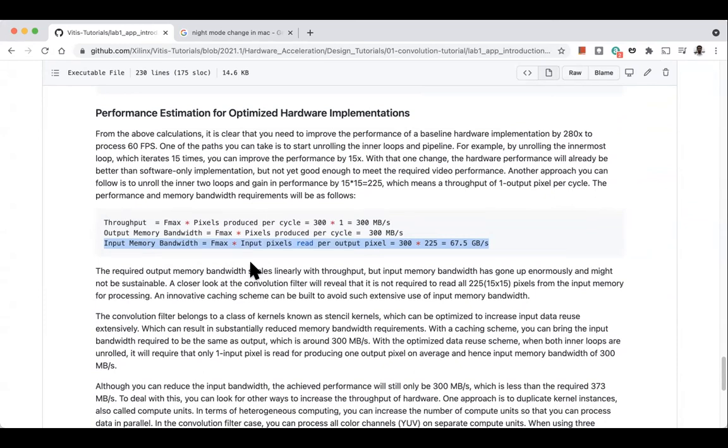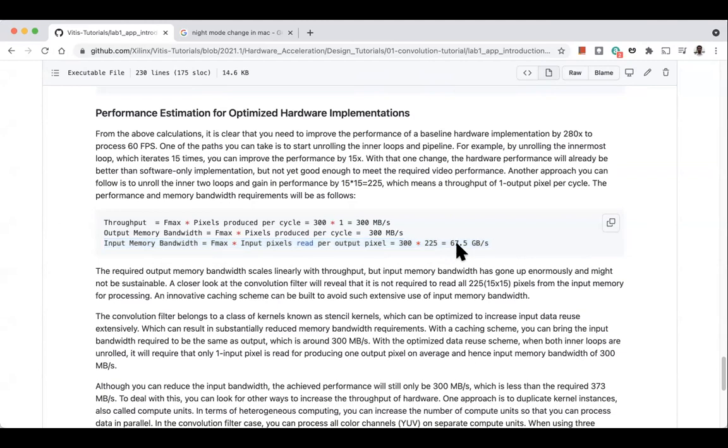So the input memory bandwidth now becomes 67.5 gigabytes per second. So now memory becomes a bottleneck, because the DDR bandwidth that is available is 10 to 16 GB per second. We are putting immense pressure on the input bandwidth, and memory becomes a bottleneck. So this is the roofline analysis.